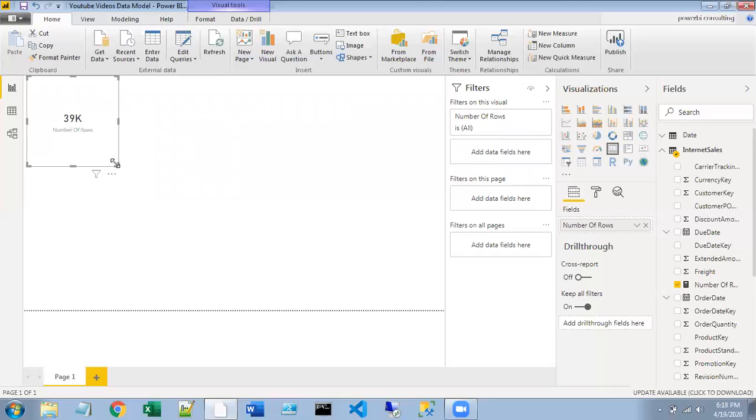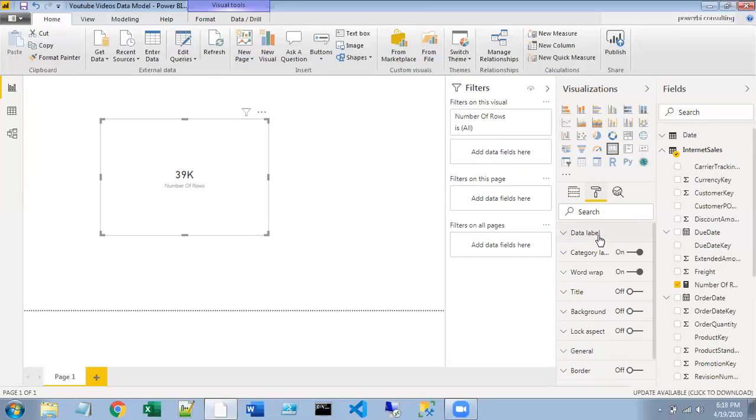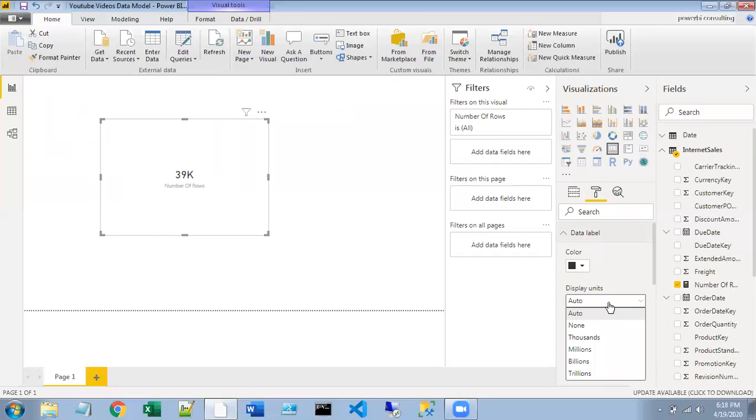Now you see you have 39k. I'll change the display to none. Out of 60,000 some records, you have 38,601 records that satisfy the condition where sales amount is greater than $10.